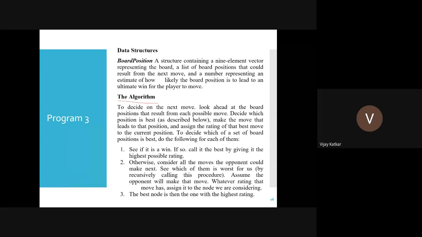So what are the possibilities, and decide the best move which can lead to a win or something like that. Based on that, we are supposed to make that move. You can repeat this process again and again. Let's say you want to look one move in the future, two moves in the future, or three moves in the future. Depending on how many moves you want to look ahead, you can go accordingly.